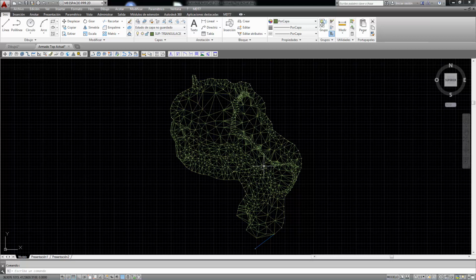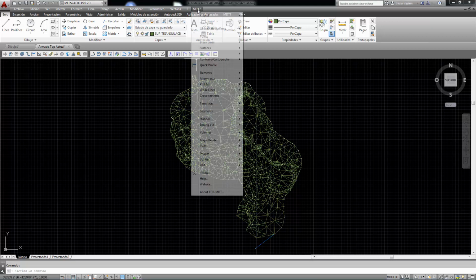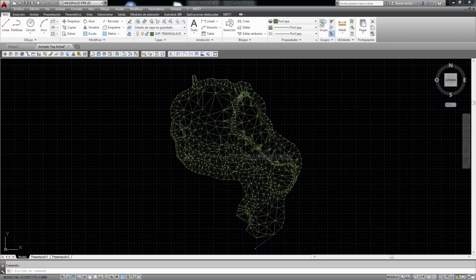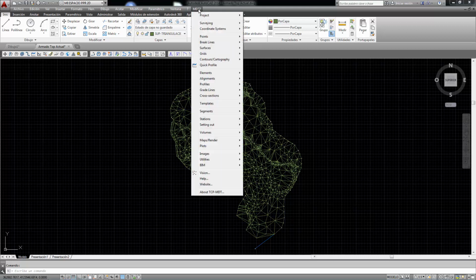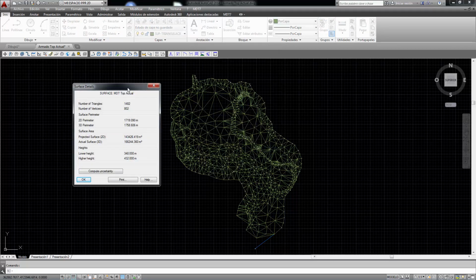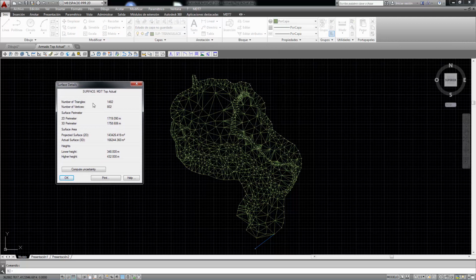We are going to update the surface by redrawing it, and then look at two very useful consultation and review commands. We go to MDT, Surfaces, Information, and this command will give us details of the entire surface: triangles, vertices, geometry, perimeter, and total surface area in both real and 3D mode, which is extremely useful